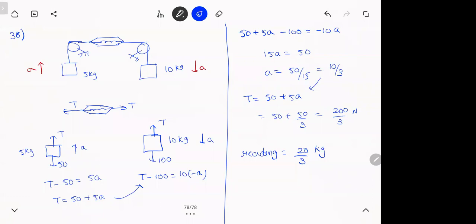Put it down, have a look at it, any particular step. See, tension can't be 5, tension can't be 10, because the whole system is accelerating, things will change. So tension is something else only. So have a look at this, each and every step. Any particular step you're not clear, please ask me, get it cleared. This is an important model. Let me give you one more like this. You can try. Put it up. I'll give you a minute.